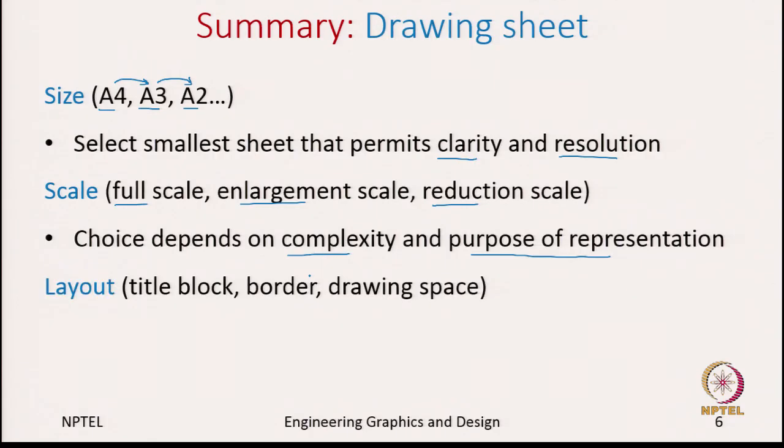Finally, we also looked into the layout, saying that in a particular engineering drawing you can have title blocks, which could be primary and secondary, and there is a border we follow. The size of the border again depends on whether you are looking at a bigger drawing sheet like A0 and A1, where the borders are probably close to 20 millimeters, whereas in smaller sheets like A4 and A3 probably 10 millimeter borders are sufficient. And lastly, we said that in the drawing space you can have many details like the pictorial view, multi views and a few notes. So, with this we come to the end of this lecture.